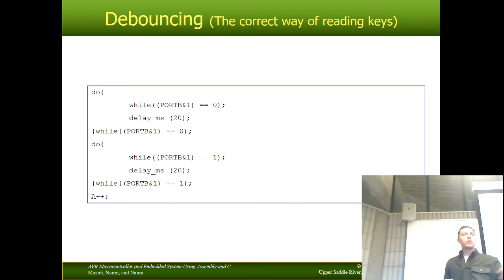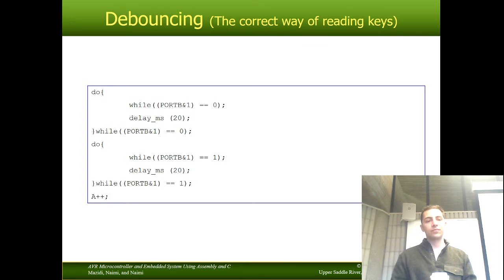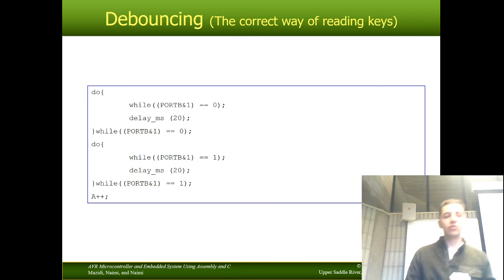This is effectively waiting multiple times. It's reading it multiple times and delaying 20 milliseconds in between. So it's waiting for it to be consistent. All right. So the idea here is